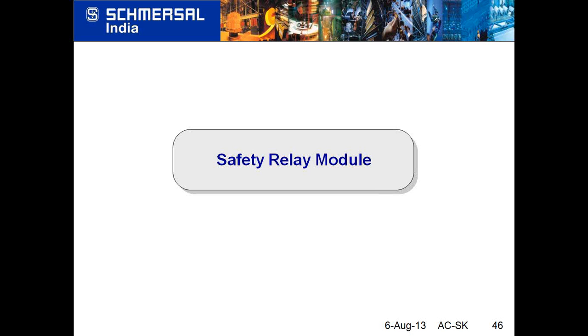You remember, recall from our earlier discussions, we have 4 parameters required for a good safety system. The first one is control categories, which is nothing but input, logic, output. Second parameter is hardware reliability. Third parameter was diagnostic coverage, and fourth parameter was common cause failure. So a safety relay module takes care of the first parameter, that is control category. Most of the safety relays available in the market fall into control category 3 or 4.